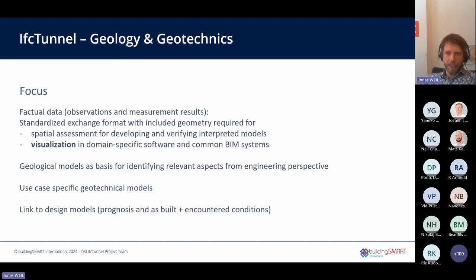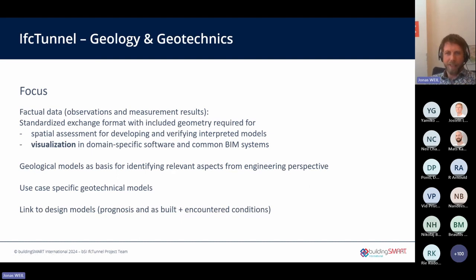Another idea was to widen the range of tools that can be used to make spatial and geometrical analysis in 3D, with all these tools that are developed for BIM models. When you have the geotechnical data available in IFC, many other tools can use this, and people can develop their custom workflows for further investigations and analysis. Then one goal was, of course, to support geotechnical models for design.